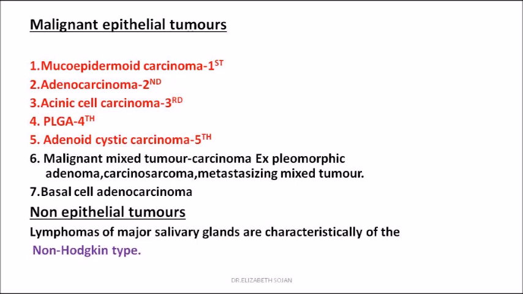So this is how you should learn. You should not know all the classification and all the particular diseases which come under them, but from the MCQ viewpoint, just note down all these points. The most common salivary gland tumor is pleomorphic adenoma. If you are asked which is the most common malignant salivary gland tumor, the answer is mucoepidermoid carcinoma. And the second most common salivary gland tumor is Warthin's tumor. So all these things you just note down.